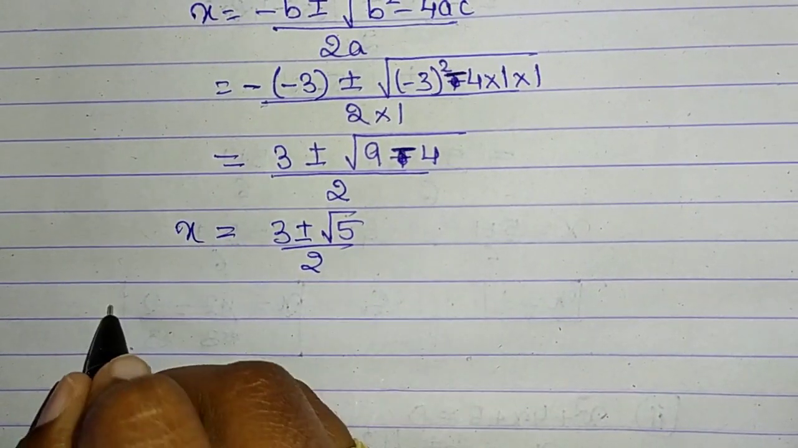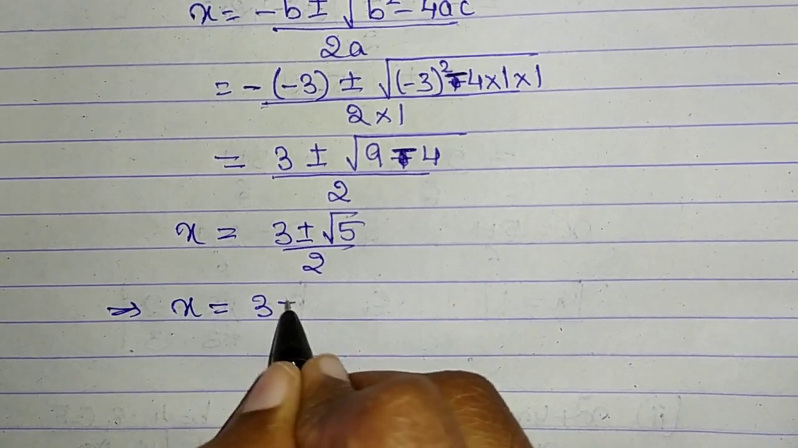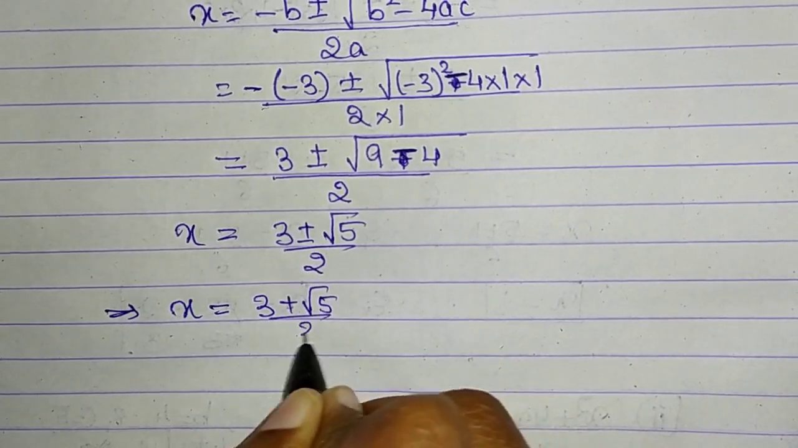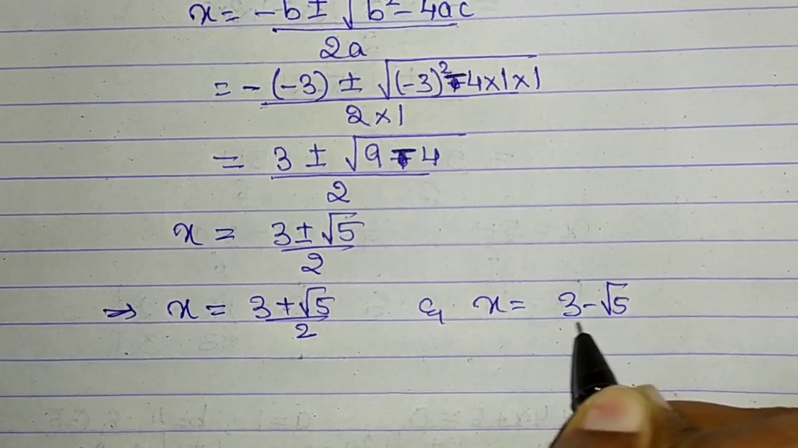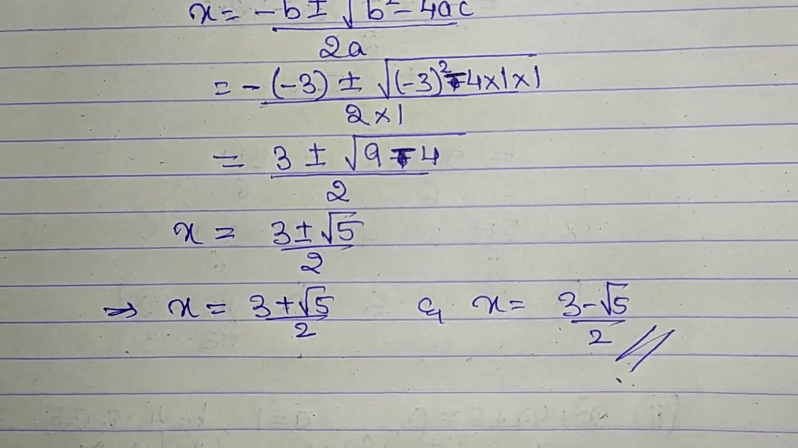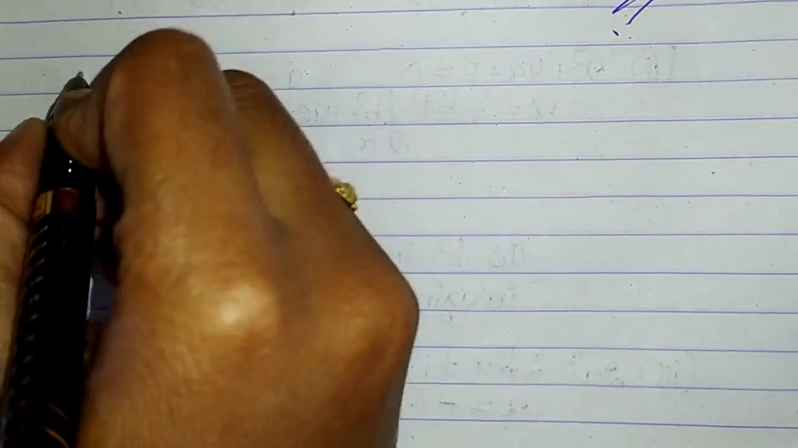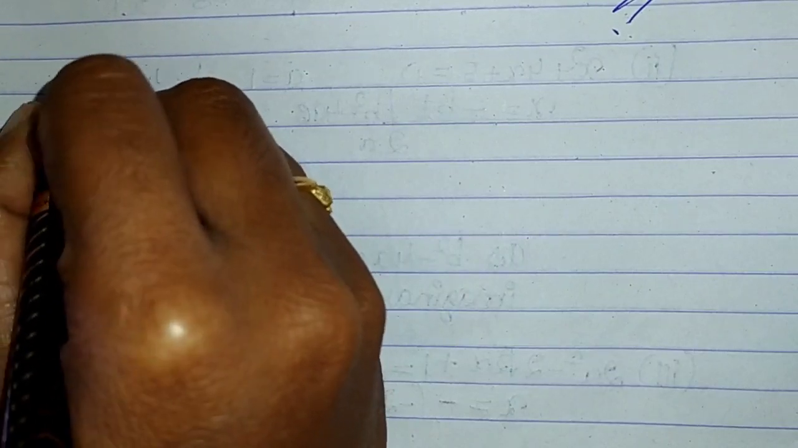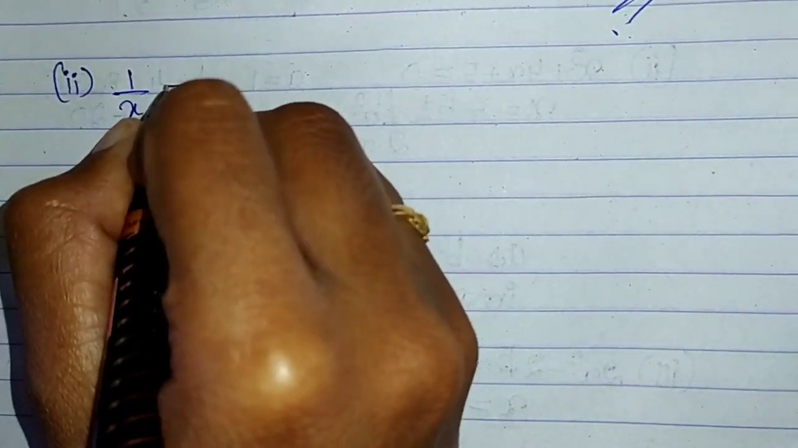Therefore, now splitting the solutions, x is equal to 3 plus root 5 by 2 and x is equal to 3 minus root 5 by 2. These are the required solutions for the given quadratic equation. We have another such example, that is sub-question 2 of the same example, that is 1 by x minus 1